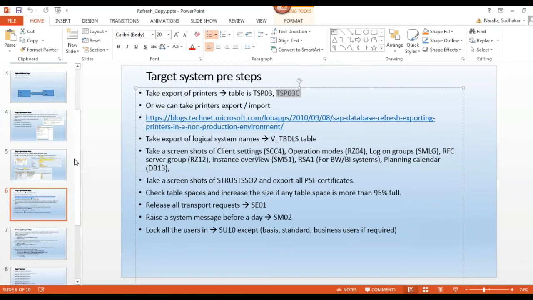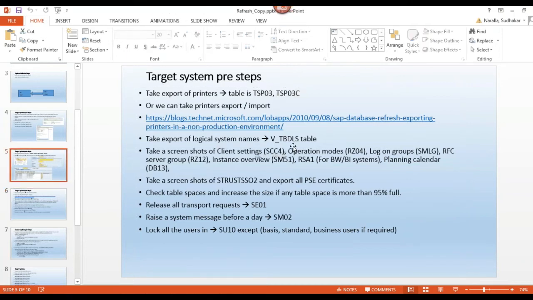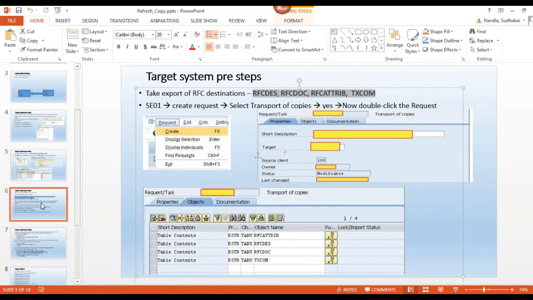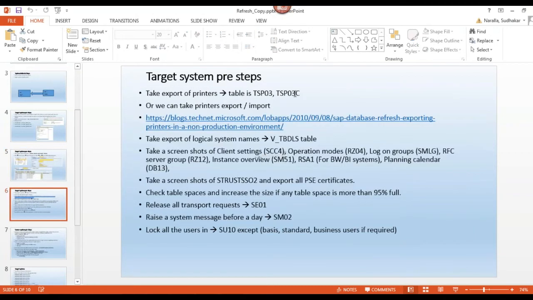So the RFC related tables are these. These are the RFC related table names. And TSP03 is for printer related tables.